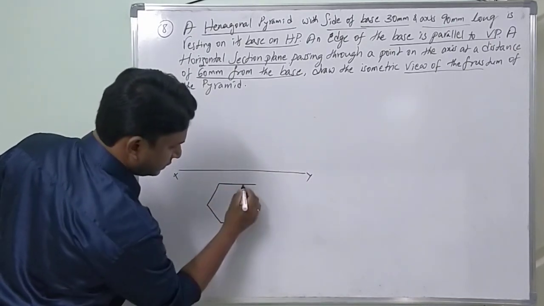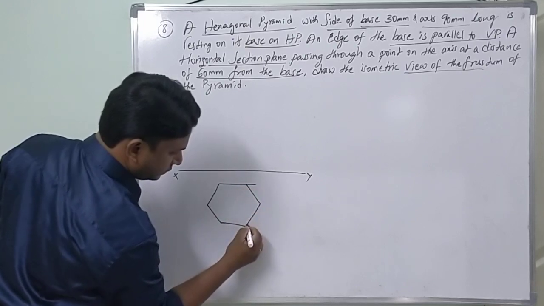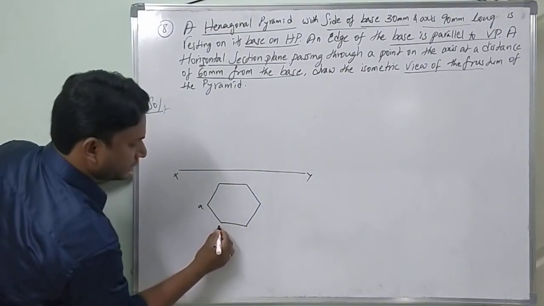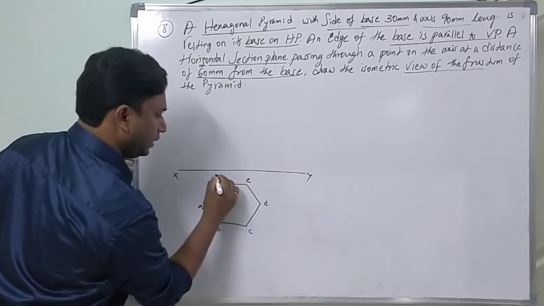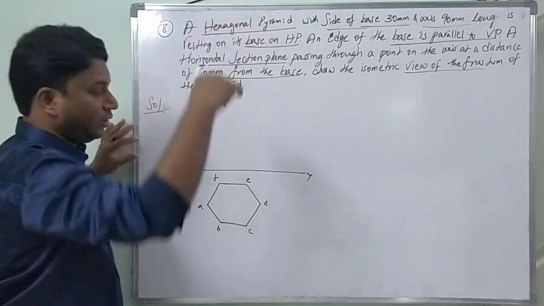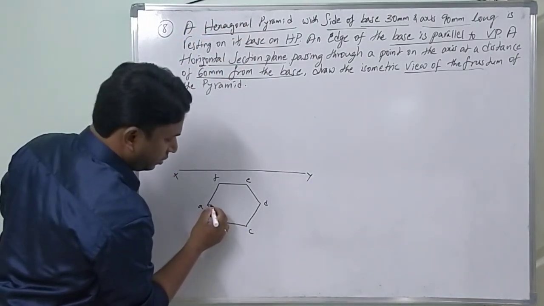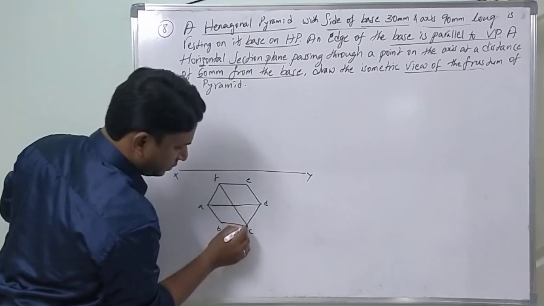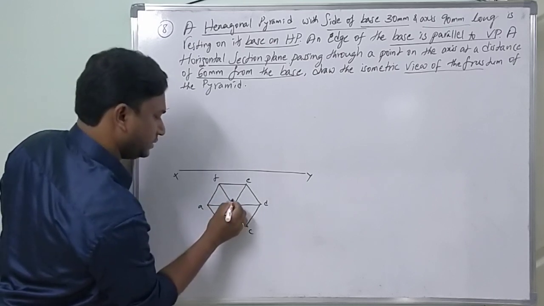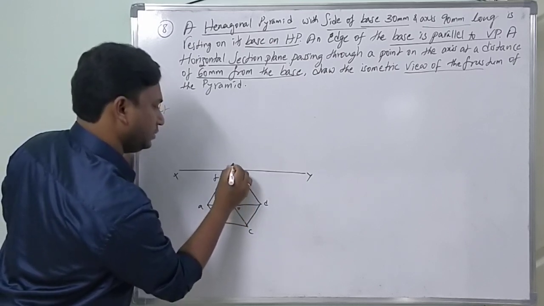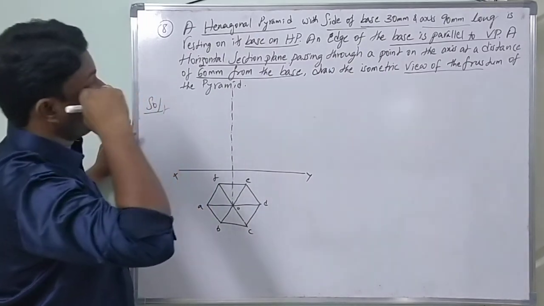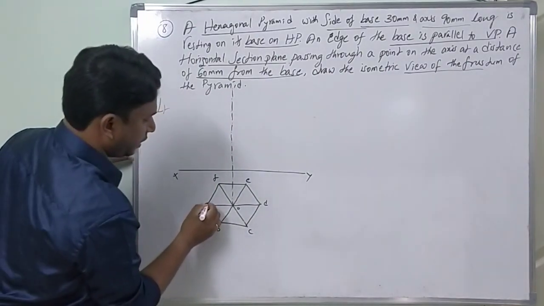Hexagon, 6 sides. We are drawing the pyramid and giving the labeling as usual: A, B, C, D, E, F. Pyramid means triangular faces meeting at a single point, the apex. From the top view, it will be the center. So draw the opposite corners. Here, with the hexagon it will be easy, which is O. Here the axis. What is the axis height given? 90 mm.